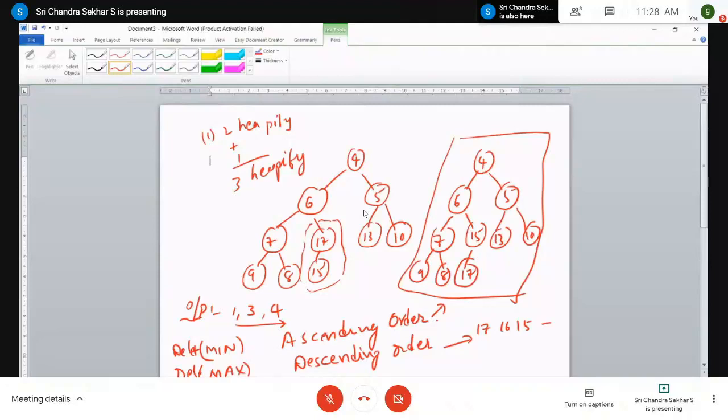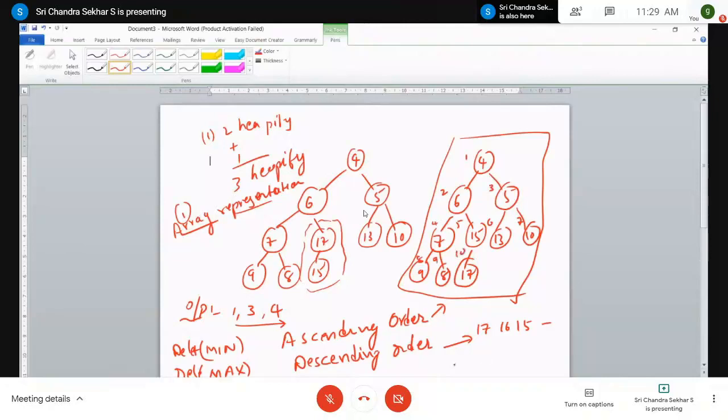Now let me tell you one last example, that array representation. We have two types of representation that we have studied in binary tree, and the first one is the array representation, where you have to give numbering. So this is the result that is obtained after deleting the second element, right? So you give node numbering. This is 1 and this is 2. I told this thing, the root should always start with 1, and you have to go on increasing the numbering of the nodes from the leftmost part. 4, 5, 6, 7, 8, 9 and 10.